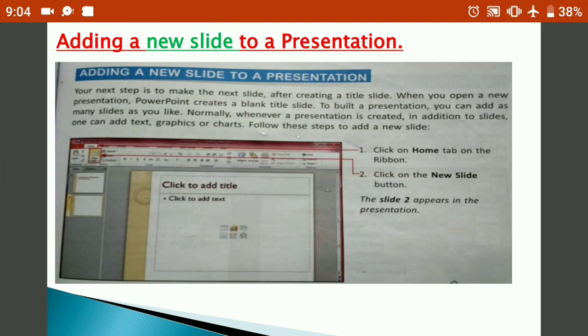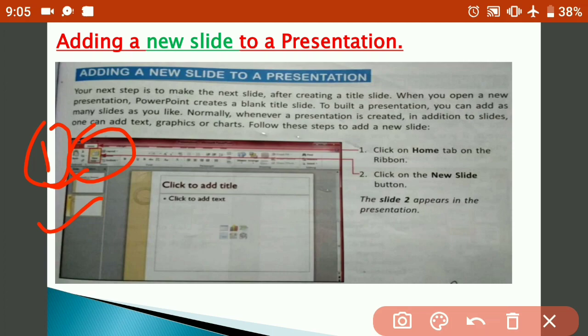Click on the home tab. Where is your home tab? Yes, and then click on the new slide button. When you click on the new slide button, slide 2 appears in the presentation. Now you can see in the picture there are 2 slides, your first slide and a second slide. If you want to add a third slide, you can also follow the same steps.